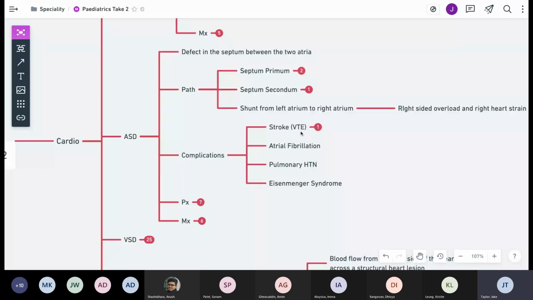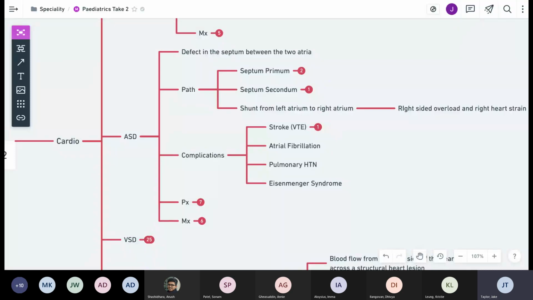So why is it that you can get a stroke with an ASD, a hole between the two atria? And why have I got VTE there as the cause? Because from my recollection, strokes are caused by more atrial pathology. Okay, good. So a common exam question is that you have someone presenting with signs of DVT, swollen calf, and then